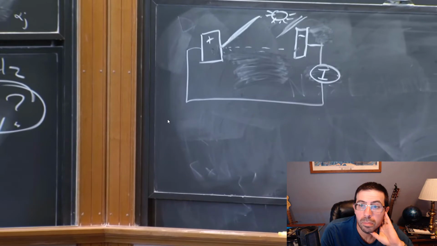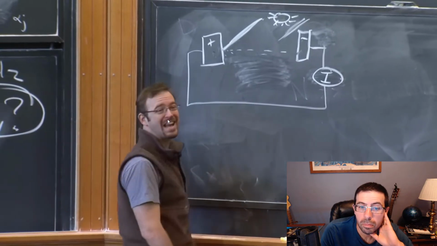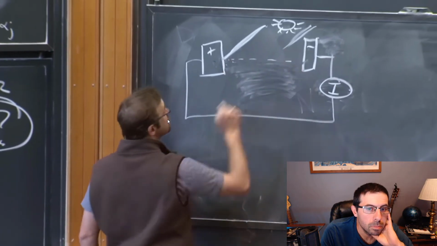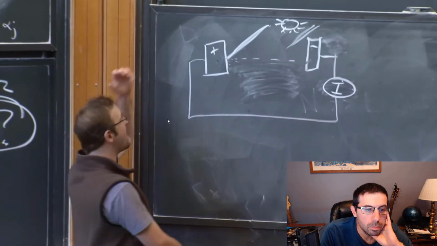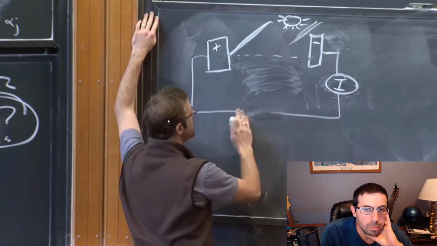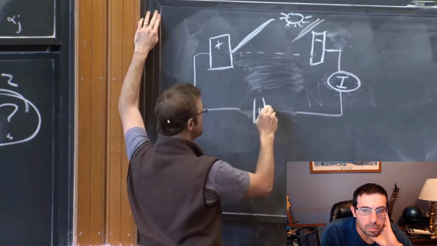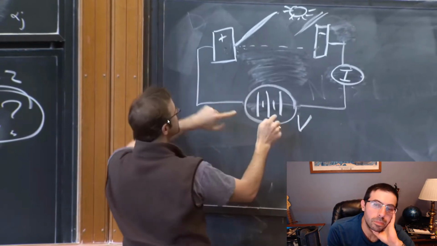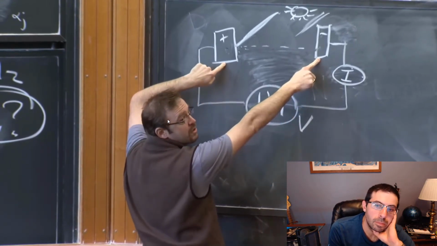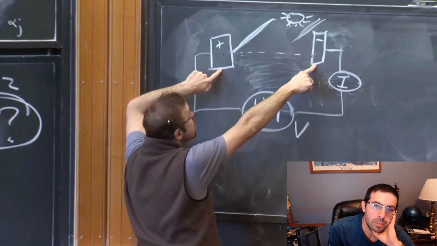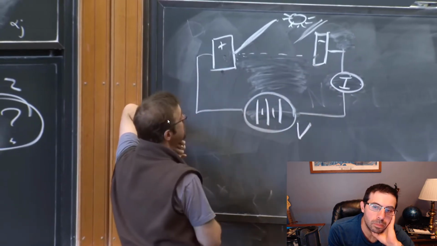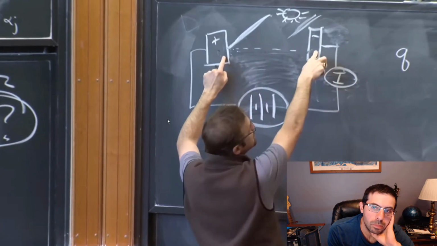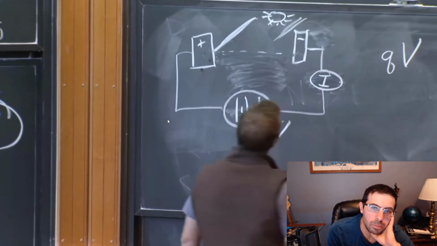That cool to everyone? Okay, so we haven't yet measured the kinetic energy, though. How do we measure the kinetic energy? I want to know how much energy these electrons were ejected with. Well, I can do that by the following clever trick. I'm going to put now a voltage source here, which I can tune the voltage of, with a voltage V. Now what that's going to do is set up a potential difference across these, and the energy in that is the charge times the potential difference. So I know that the amount of energy it takes to overcome this potential difference is Q times V.